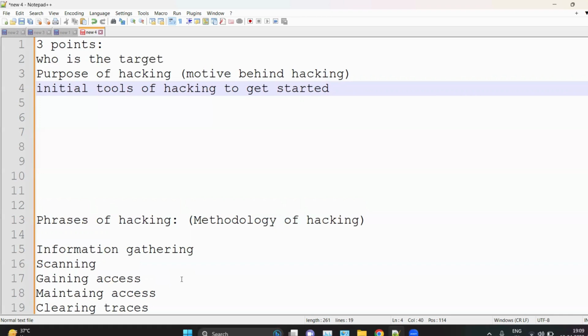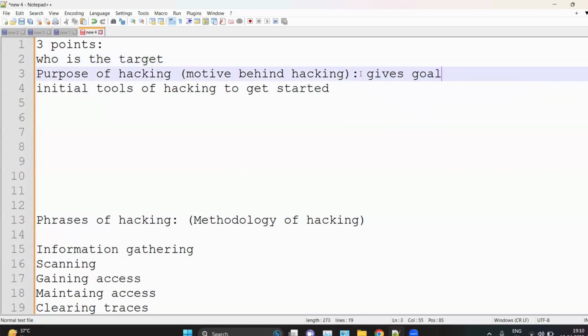But whatever we do in ethical hacking, we do legally, following all laws and standards. So before hacking into anything, we have to remember 3 points: who is the target, what kind of device we are going to hack, and the purpose of hacking, why we are hacking the system, because the purpose will give us the